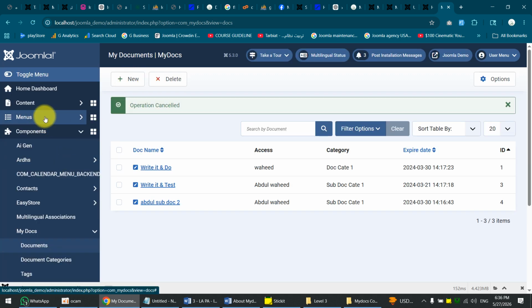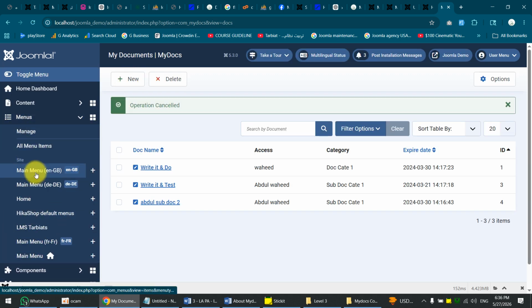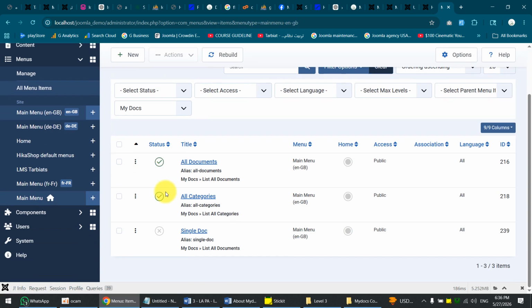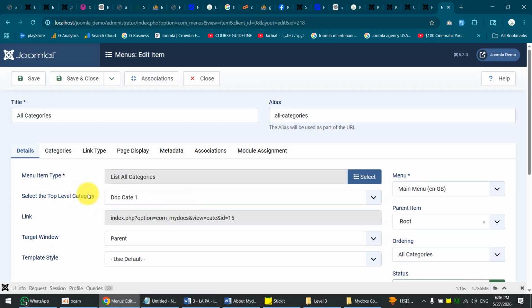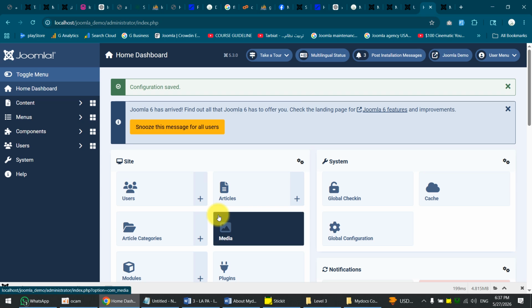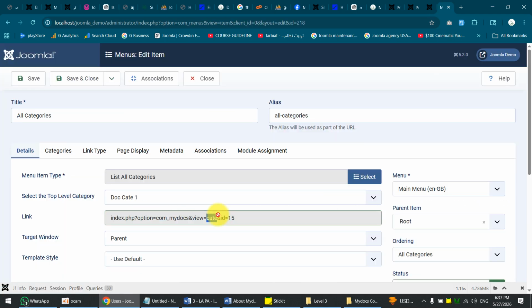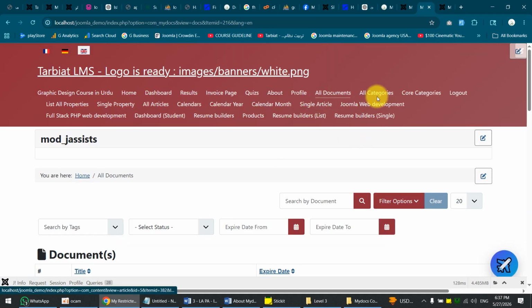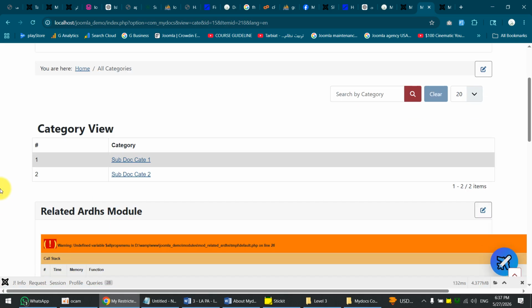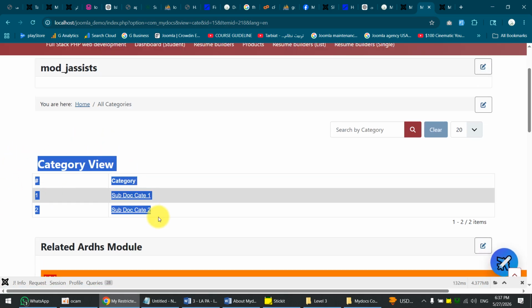Now, after that, we create some menus that are assigned to the documents or category mode. Let me show you. This is the category view on the front end. It is something like that. This is the category view,